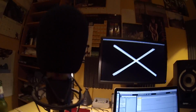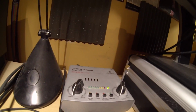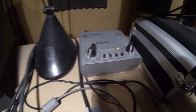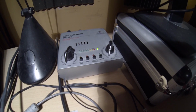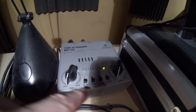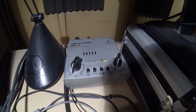So the mic is running via an XLR cable into a mic preamp. I've got, again, the cheapest OK one, a Behringer thing called the Tube Ultra Gain Mic 100, which means it's pretty awesome, because 100 is a pretty big number. It basically just turns up the level of the sound going from the mic, and it's also got phantom power in it as well, which is super important because my mic needs power to work,